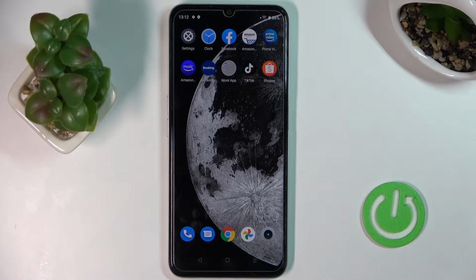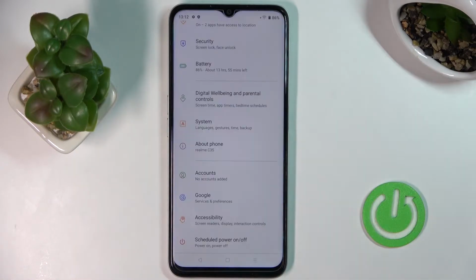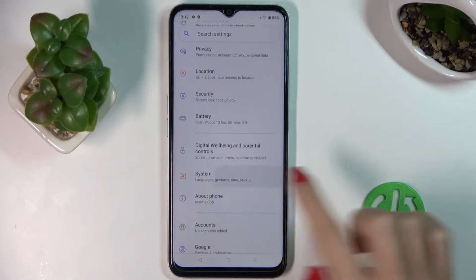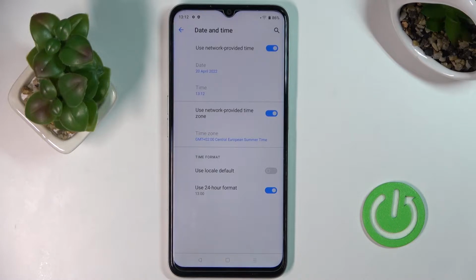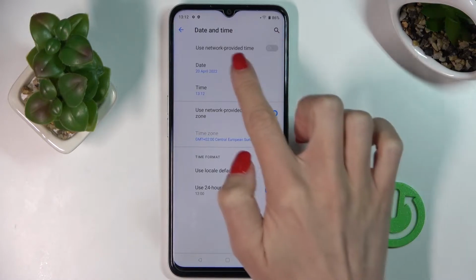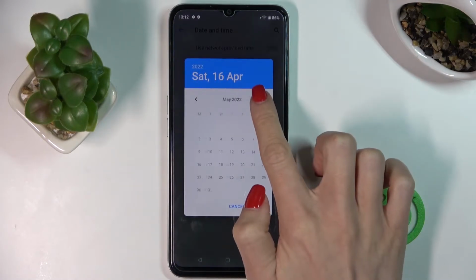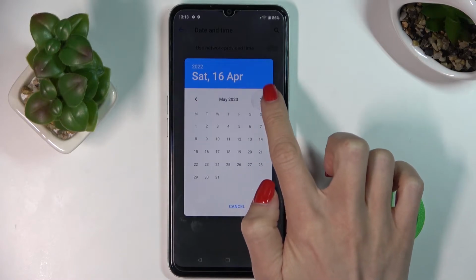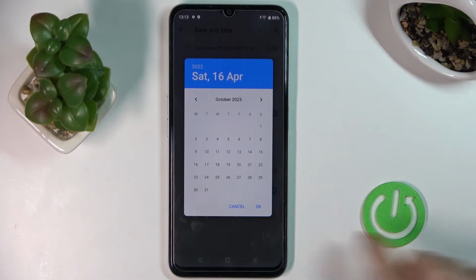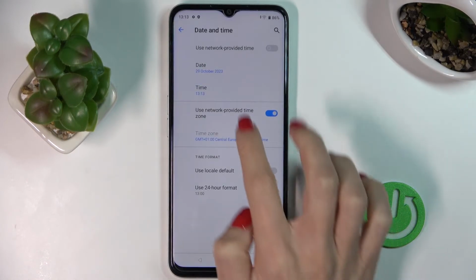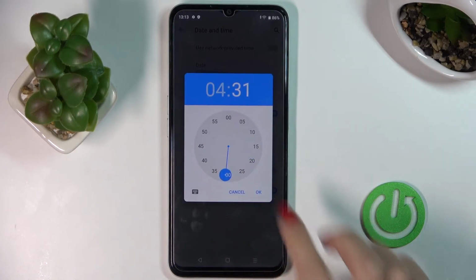In front of me is Realme C35, and let me show you how to change date and time on this phone. So first of all, you need to open the settings, then find and select system, and here click on date and time. And now you can smoothly switch off network provided time and smoothly pick it by yourself. So let's move to, for example, October 2023, and tap on OK, and just in the same way you can